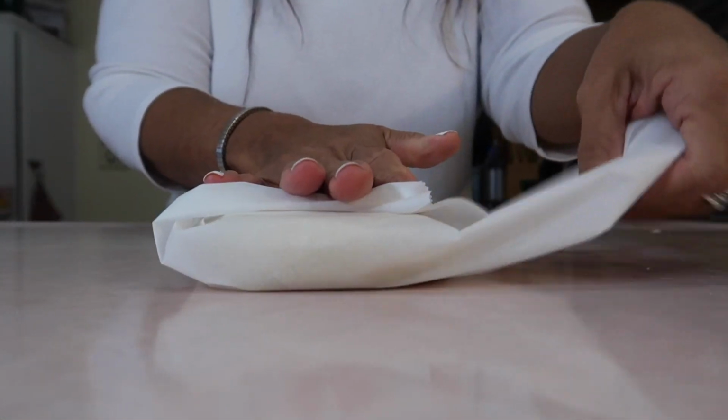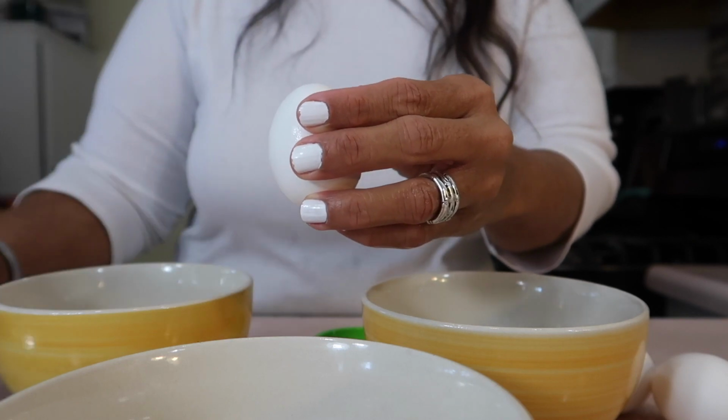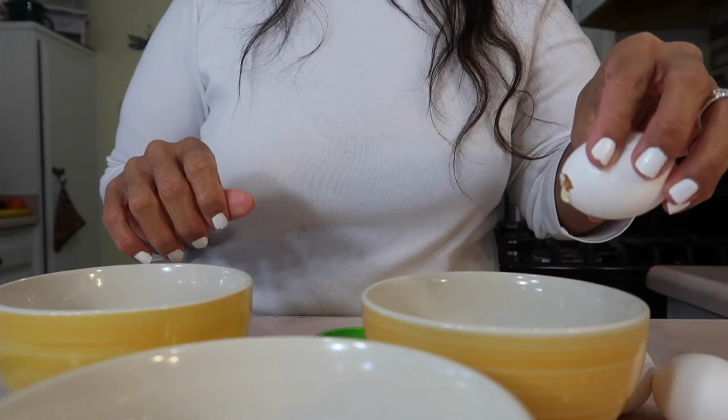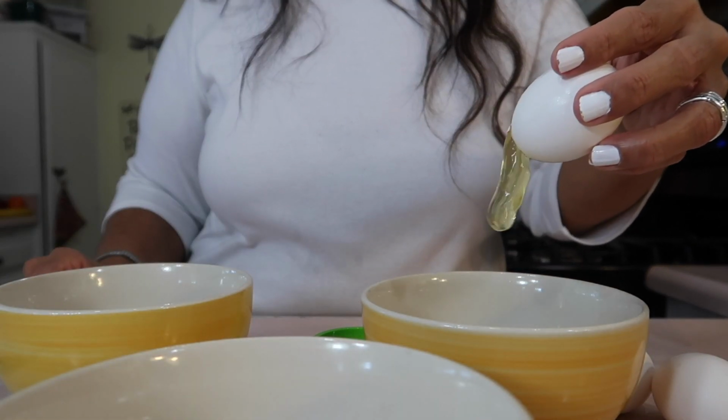And then wrap it up and stick it in the refrigerator for about 15 minutes at least. Now while that's sitting there, let me show you the 3 ways that I know how to separate eggs. Alright, so make a hole in one end of the egg and then just slowly allow the egg white to